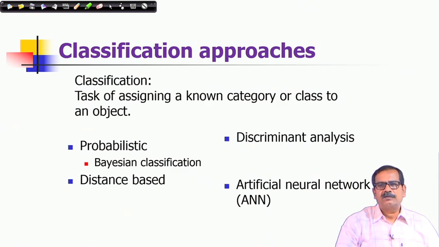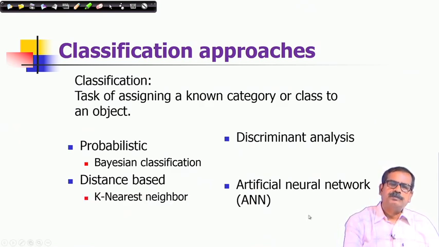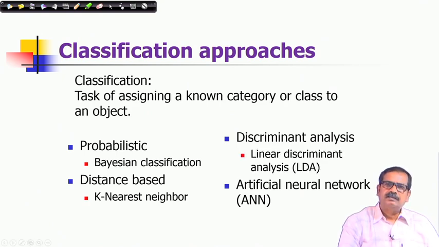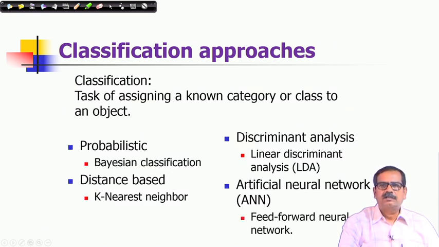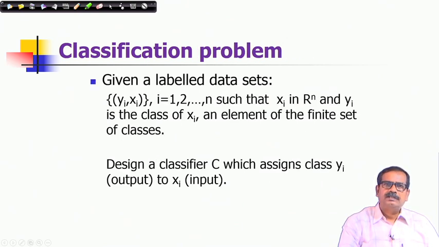Particularly, we will discuss the naive Bayesian classifier. For the distance based approach, we will consider the K nearest neighbor classifier, and for discriminant analysis, we will discuss linear discriminant analysis. And then in artificial neural networks, it is a feed forward neural network that we will be discussing. So, let us start with the